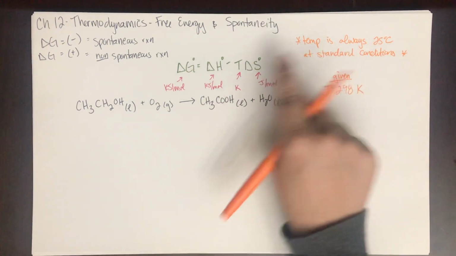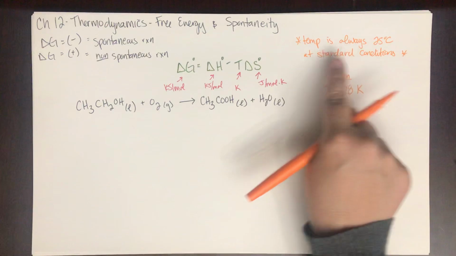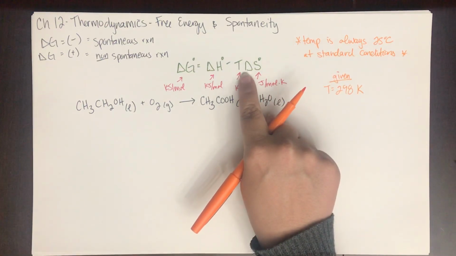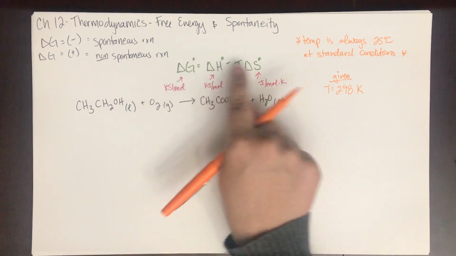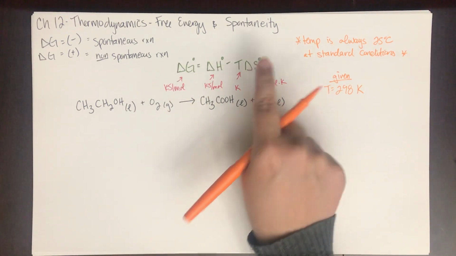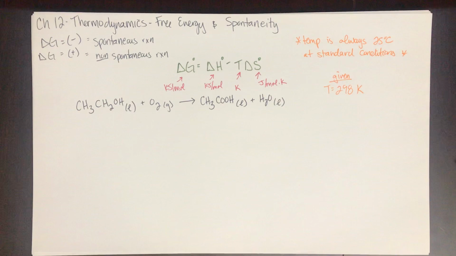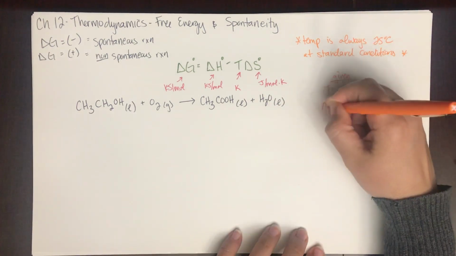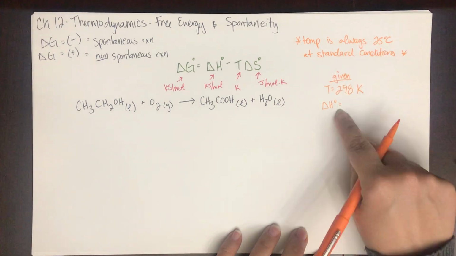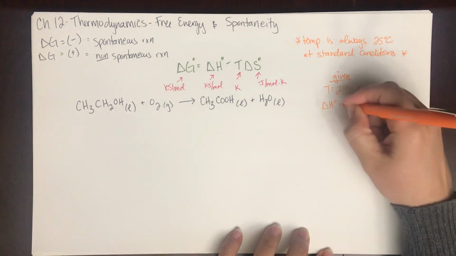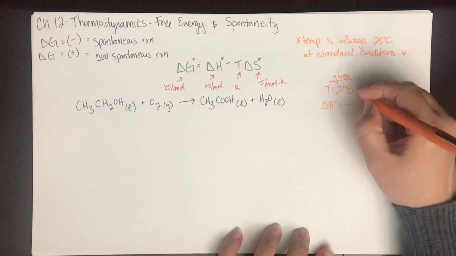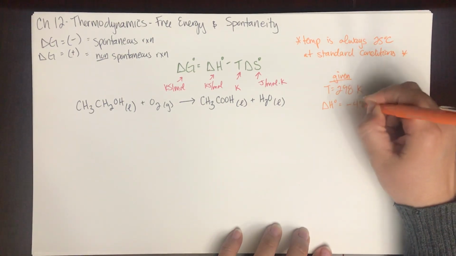This is something that students usually get tripped up on, because even though the temperature isn't given, if we're at standard conditions, it's 298 Kelvin. If these little degree signs aren't here and we're not at standard conditions, then they would have to give you the temperature. It would be at a different temperature. I'm also going to tell you that the standard enthalpy of this reaction is negative 495.2